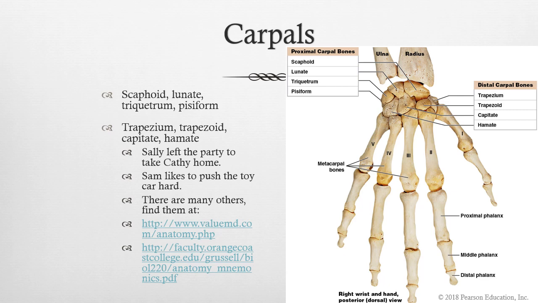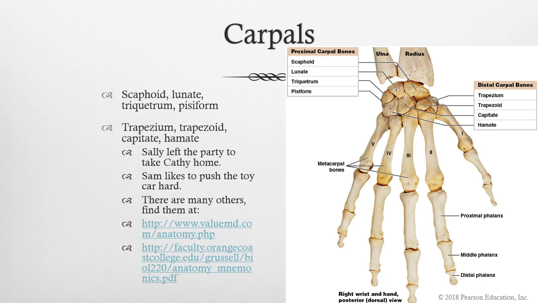Beyond the radius and the ulna, we come to the carpals. And so we have the carpals here as far as the wrist bones go. And there are 8 bones aligned in 2 rows. And so we have a proximal row of 4 bones, and then we have a distal row of 4 bones for those. The proximal row contains the scaphoid, the lunate, the triquetrum, and the pisiform. In this particular view, the pisiform is just barely seen there. That little tiny blip of a bump is the